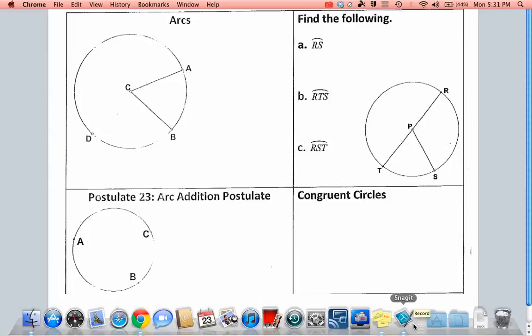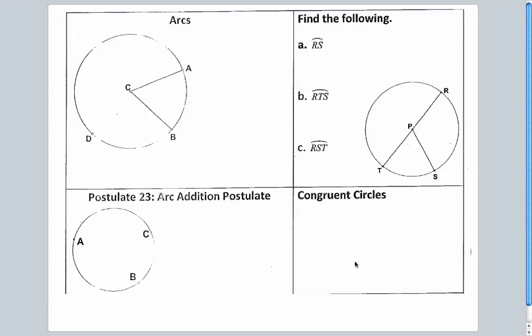Okay, this is section 10.2. It's called arc measures. Arc measures are basically the measurements of arcs. Not the lengths of arcs, make a big deal about it in class tomorrow, but the measures of the arcs. The arcs are measured in angles, okay? So for instance, if I start with this arc that I've got here, and I say